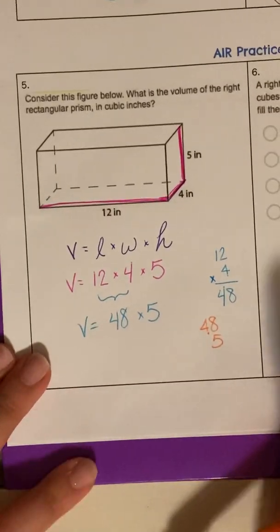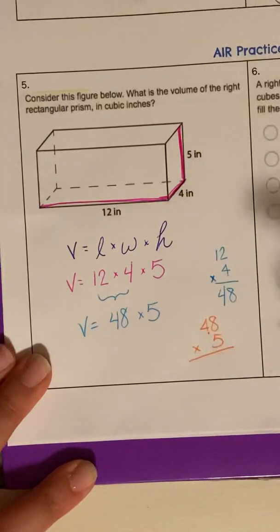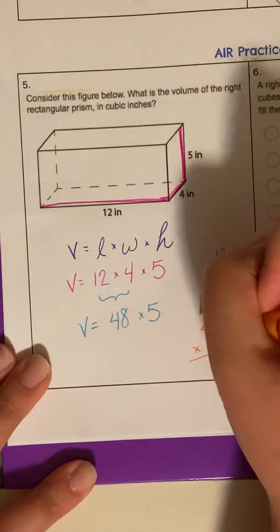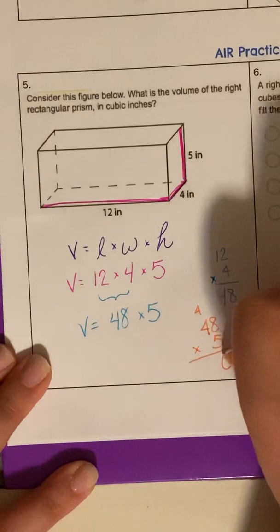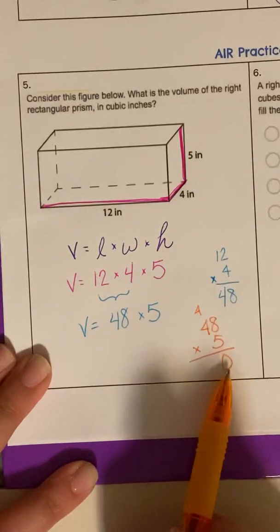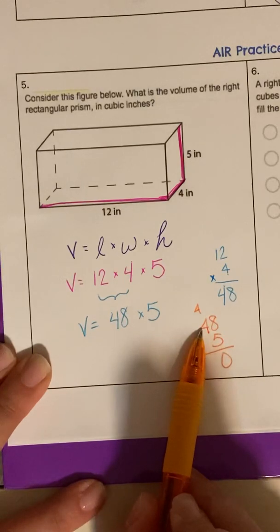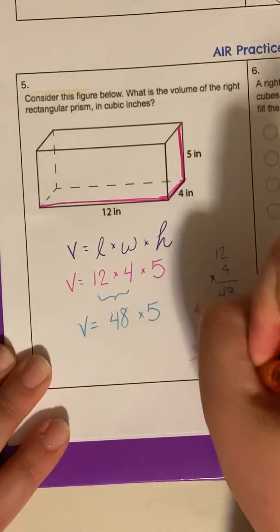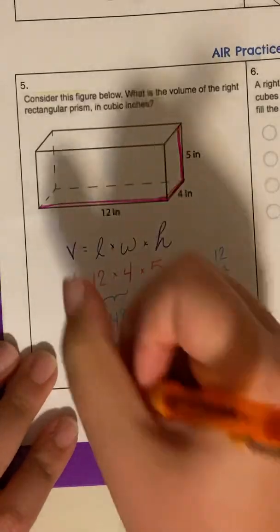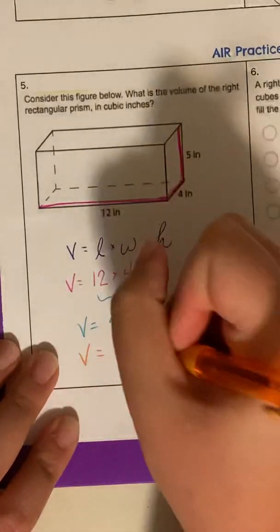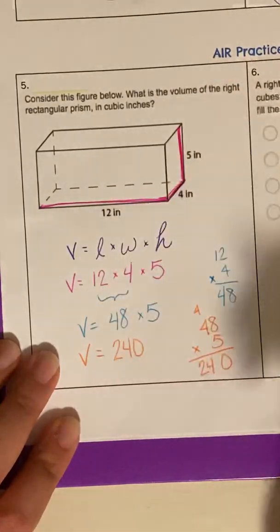All right, 48 times 5. We are going to multiply here. 8 times 5, or 5 times 8 is going to be 40. Now, so you put your 0 down here, you carry your 4. 5 times 4 is going to be 20, and then you're going to add the 4, and you're going to get 24. There are no decimals, so our answer, our volume, is not only 240, but it is going to